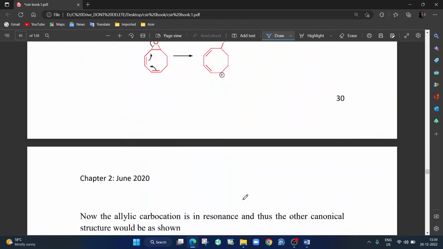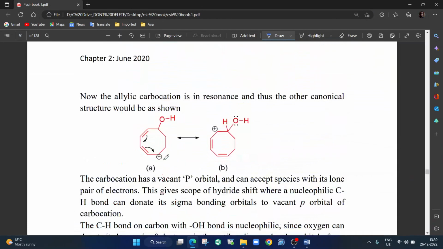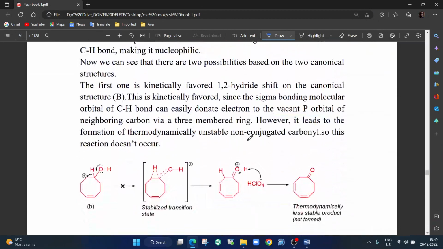So now there are two canonical structures possible, this positive charge will come here, this will come here. Now what happens? Positive charge is of course not stable, it has to stabilize. So one thing is kinetically possible, very favorable: this lone pair comes here and this moves out here, and this acts as a very good electrophile. Positive charge, a vacant p orbital, is the best electrophile, but what happens here is